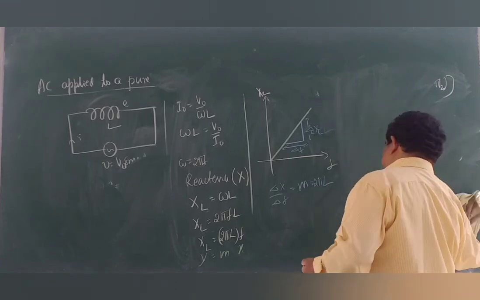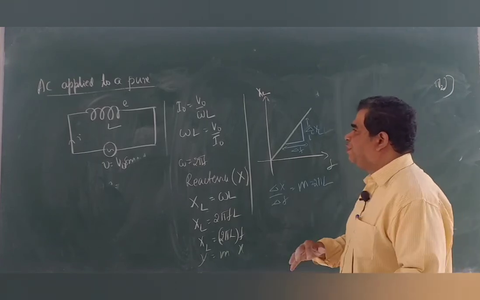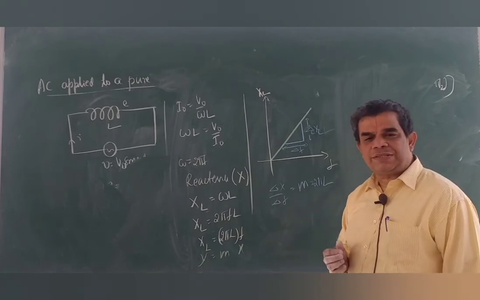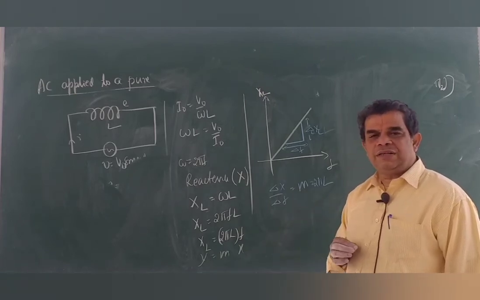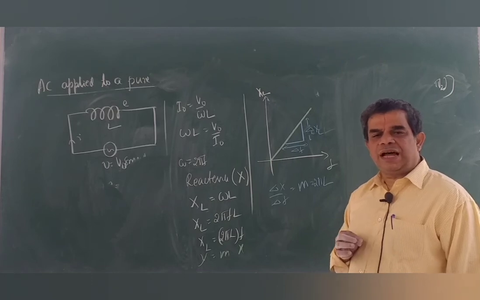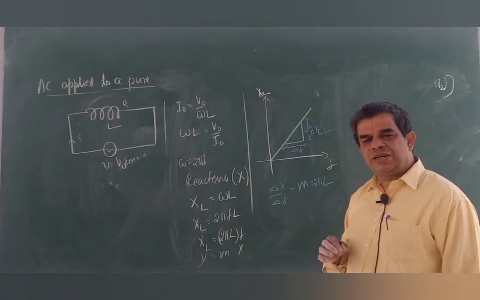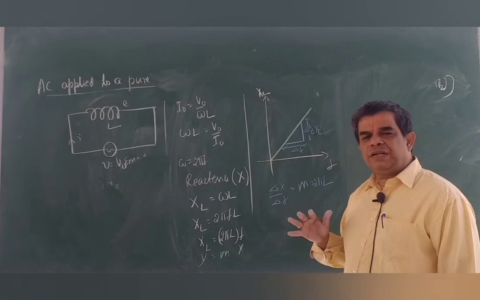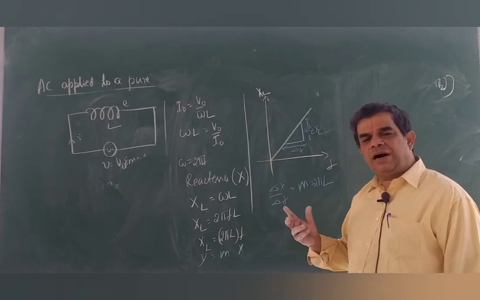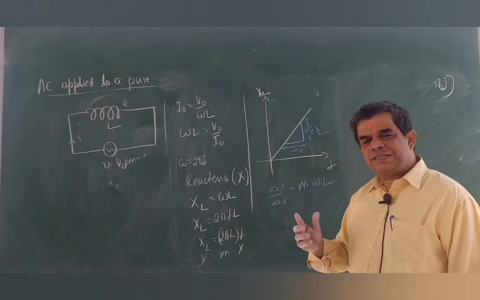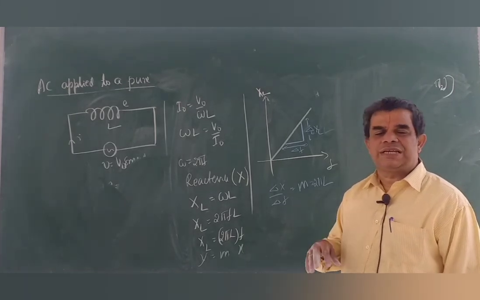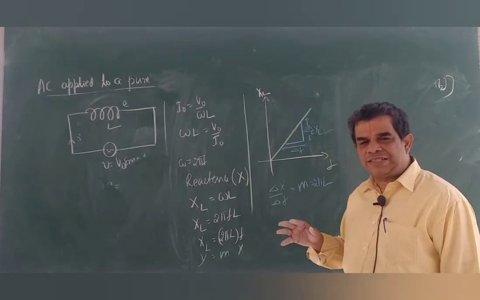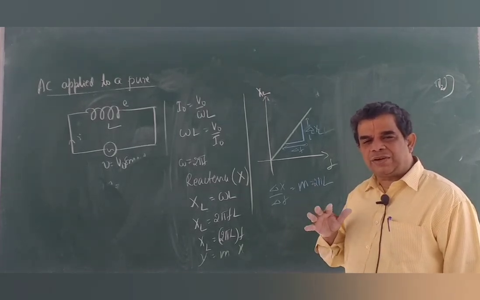So, with these things, now we proceed on to the AC applied to pure capacitance. For this class, I conclude here. Next, in the next session, we continue with pure capacitance and all the three: inductance, capacitance, resistance, combined circuit, that is called the LCR series circuit. We learn those two and relevant facts there. For the time being, I conclude it here.